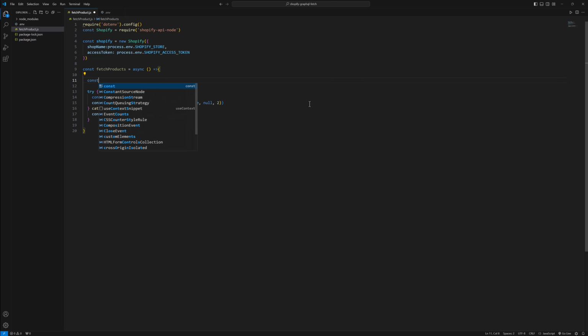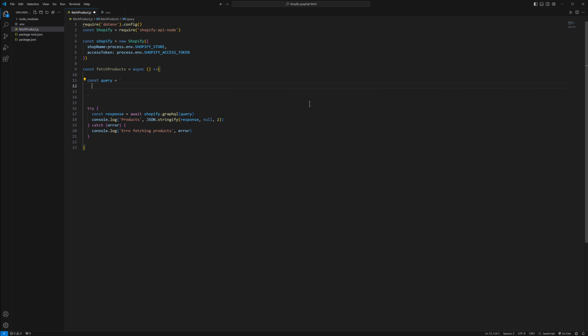For the GraphQL query, const query is equal to a template string, and in the template string, first we need to have these curly brackets, and we will type products, first 10 products, and then